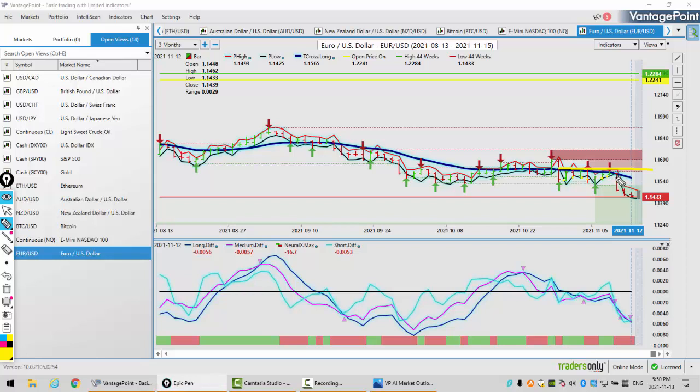Again, when we look at this, it's just a matter of time before, if it can't break through the T-cross long, it's going to make a substantial move to the downside, which it's done. So we've set a new yearly low here on the euro, 114.39. But if we go back to pre-COVID, guys, remember the euro was trading down around 111, 110. So never say never that it can't go any lower. Just because something is oversold doesn't mean it's going to reverse. So for now, I think that we will have some reversion to the mean back towards the T-cross long,